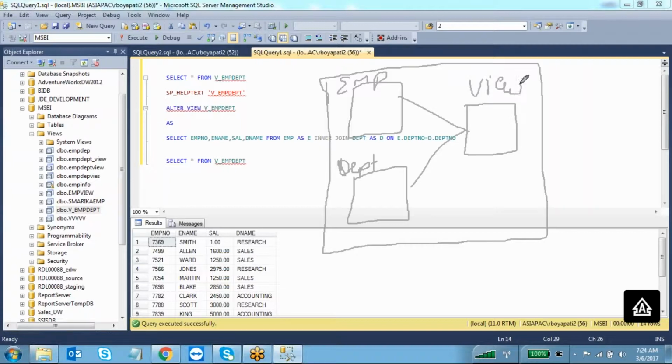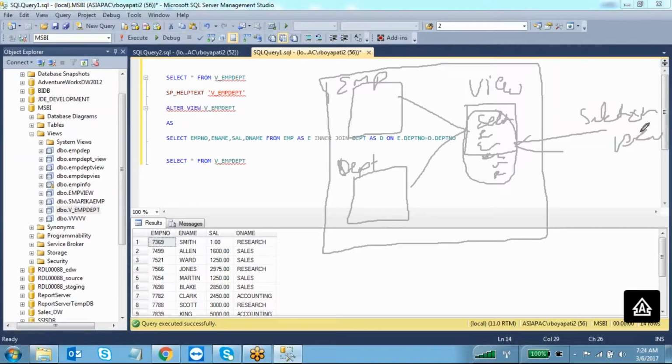So what is this view storing? This view is storing a select of some of the column names from the EMP table inner join the department table. Whatever the query is, it is storing. I am the user, I want to call select star from the view name you have created.